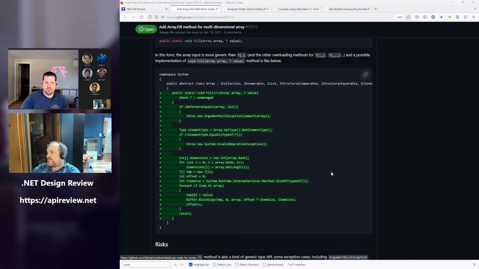Fair enough. Yeah. It would fix it. It's just that fill itself is already inconsistent with the rest of the APIs, because most of the APIs on array take System.Array. They don't take T array.